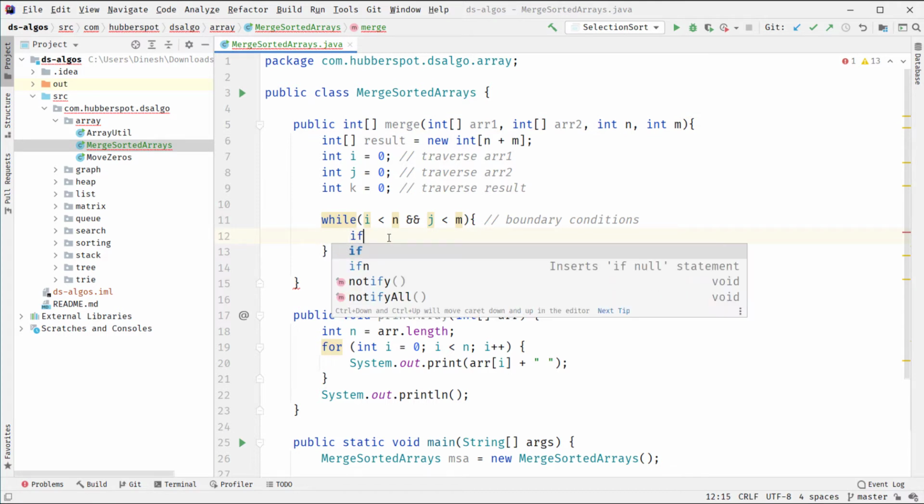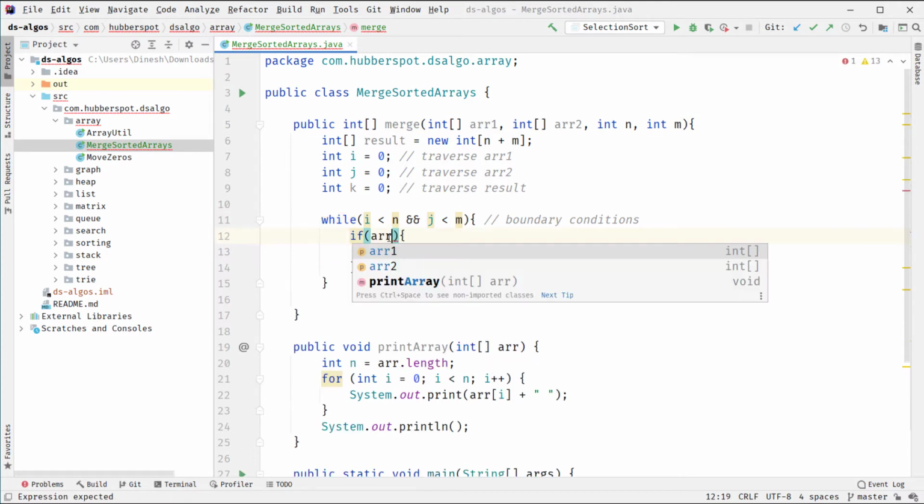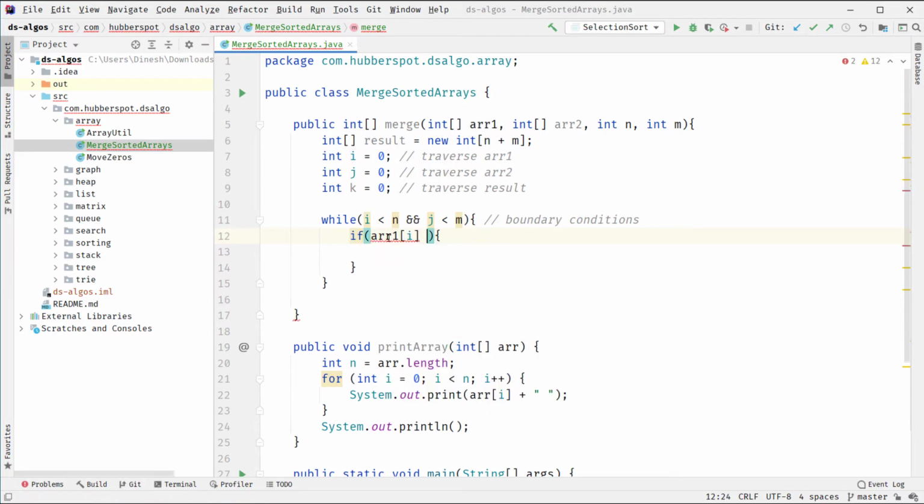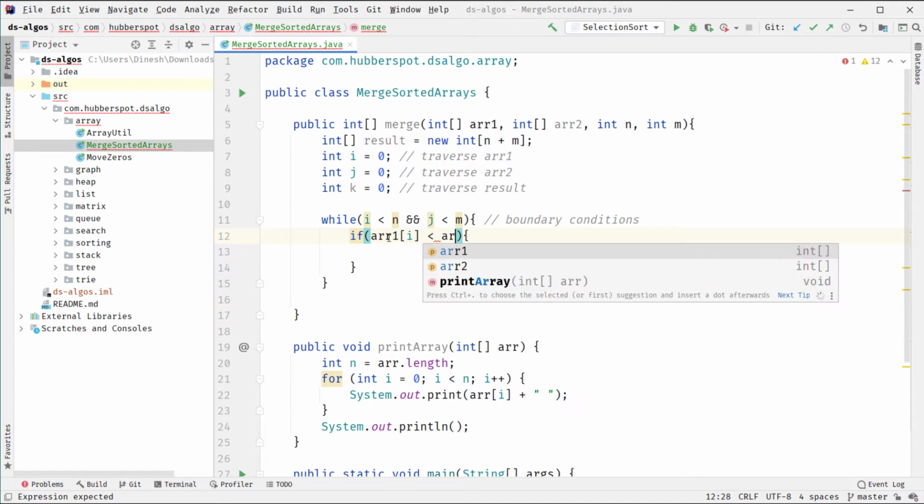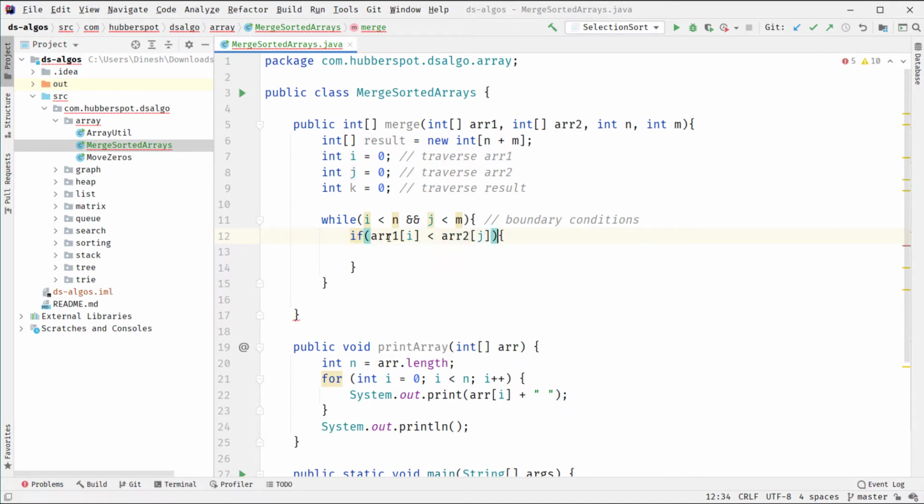So inside this while loop we are providing a condition: if the value at the ith index of array 1 is less than the value at the jth index of array 2. So here it signifies if the array 1 element at the ith index is less than the array 2 element at the jth index. So if this is the condition, then after this comparison this value is the smallest value, and as we want to merge these two sorted arrays into a result array, and that also should be in sorted form,